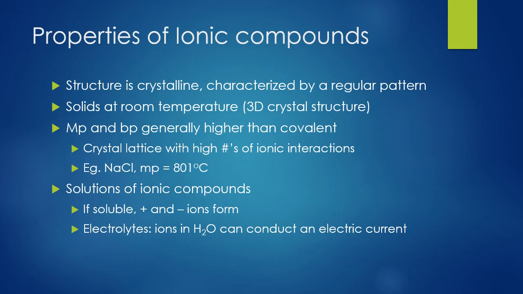Last but not least, we're going to look at the properties of ionic versus covalent compounds. So ionic compounds are crystalline structures. They're generally solids at room temperatures, and their melting points and boiling points are higher than covalent compounds. This is due to their crystal lattice. There's a lot of stacking with these ions,